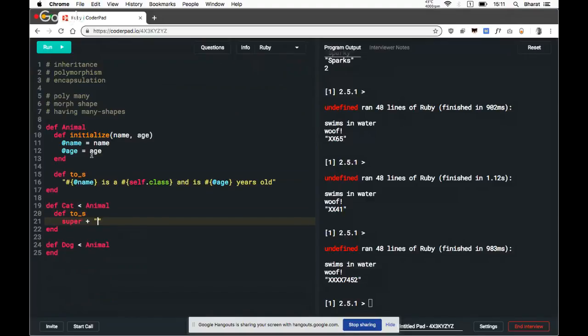We can also use super in the constructor method. I think the point is being conveyed here.